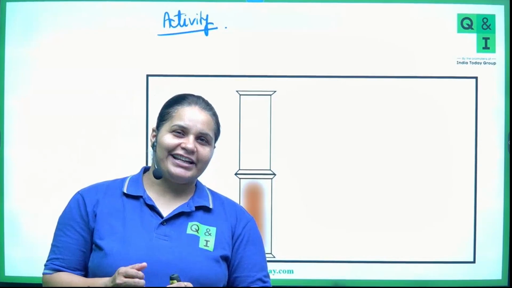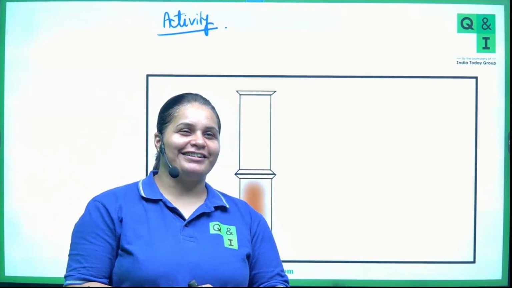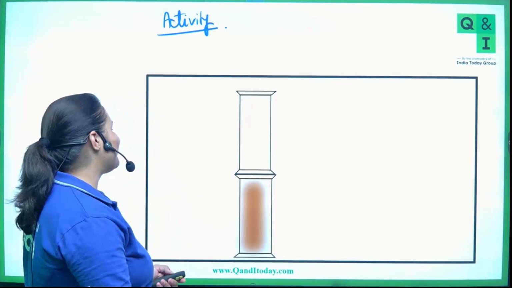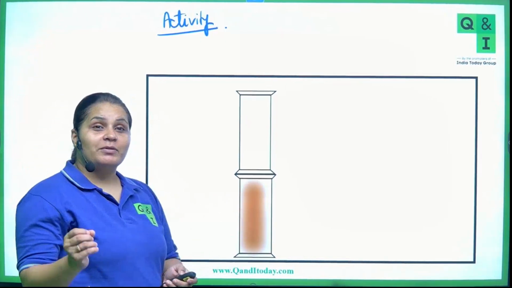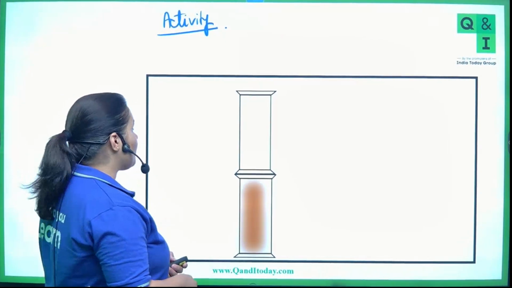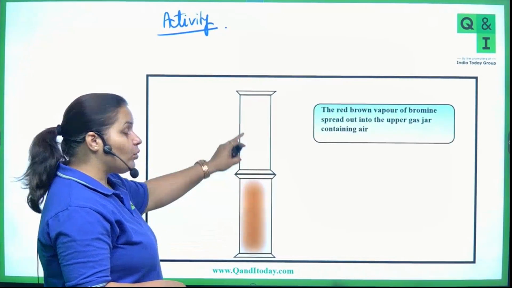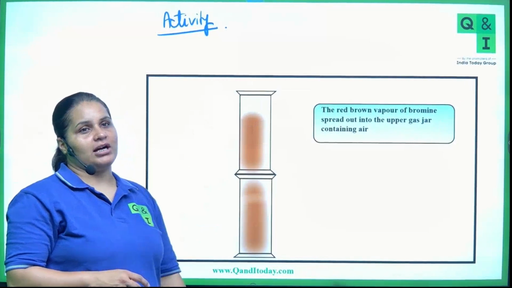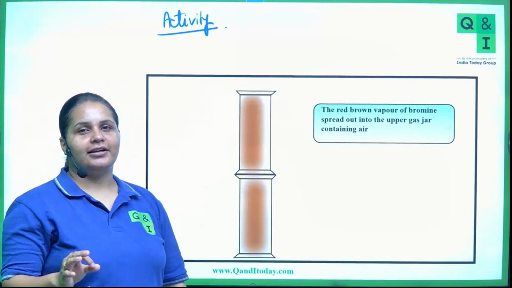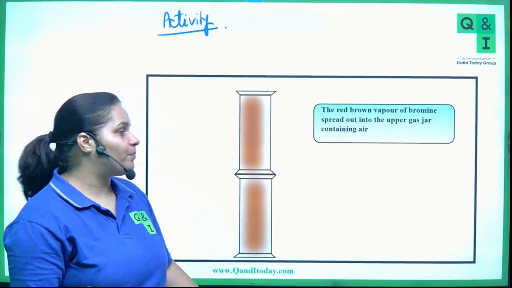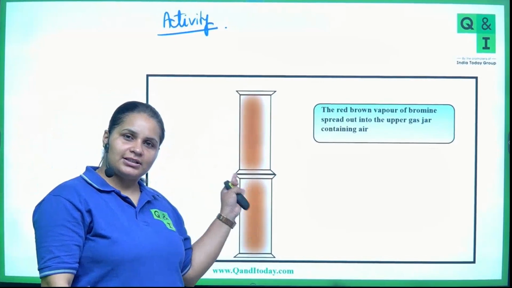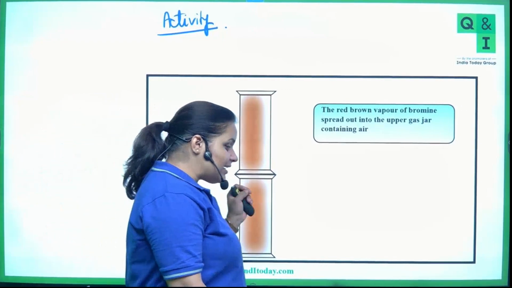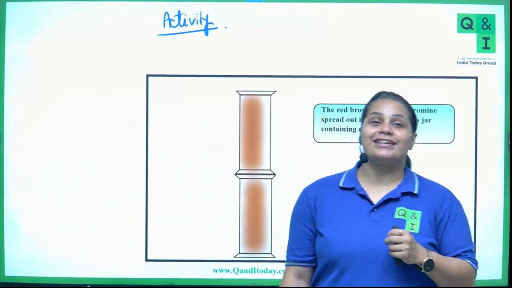You people love writing answers, but not speaking them. Okay, no, dilution means addition of water into the solution. Anyway, so what will be the observation? The brown color of the bromine will be spread in both the jars. Isn't it? Am I right or not? It will be spread in both the jars, right? Now, what is the reason behind it?